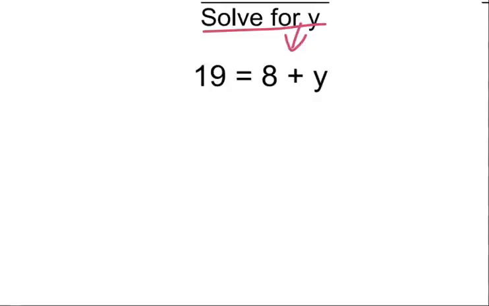So remember, you're going to do the opposite operation of whatever is happening here. 8 plus y, that's addition. So we're going to subtract. We're going to subtract 8 from both sides. Okay, so if we have a positive 8 and a negative 8, that is 0. That is nothing left. So I'm going to put the equal sign, and the only thing left on this side